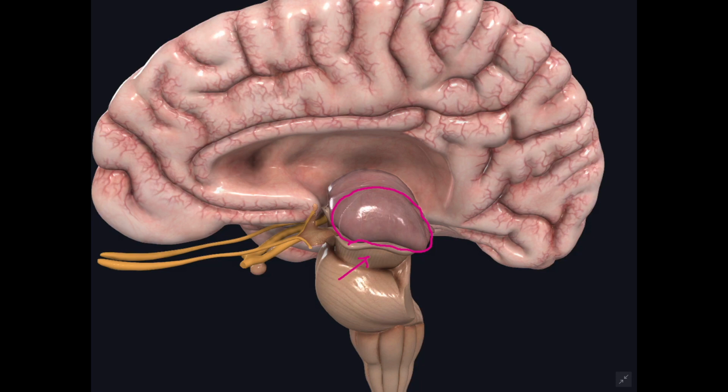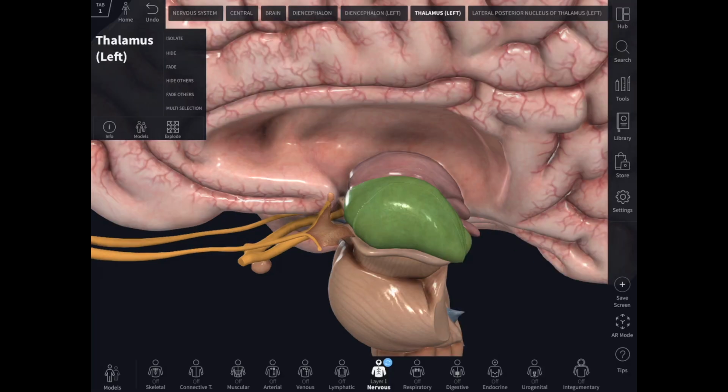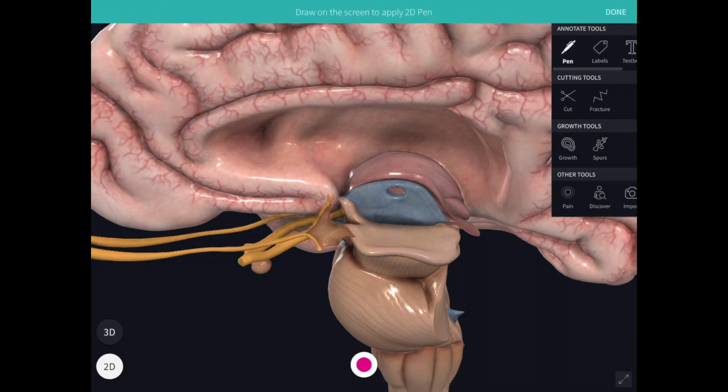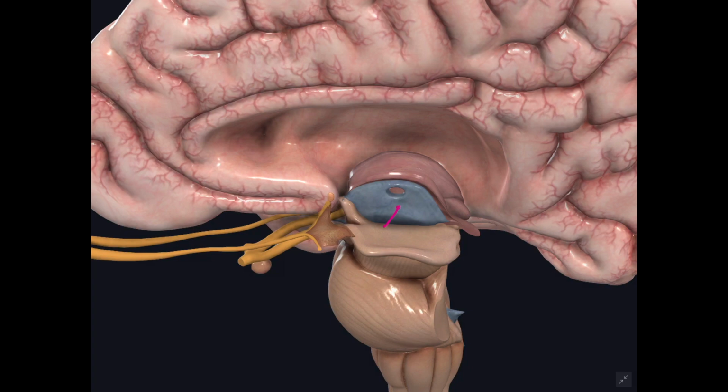There are two thalami. This is one thalamus and this is the other. There are two thalami situated one on either side of a slit-like cavity, the third ventricle. So between the two thalami you have the third ventricle. Whatever is highlighted in green is the left thalamus. When you remove the left thalamus, you can see this is the third ventricle. So between the right and the left thalamus, you get a cavity called the third ventricle.